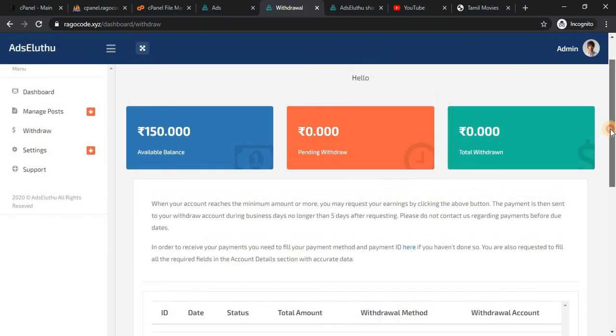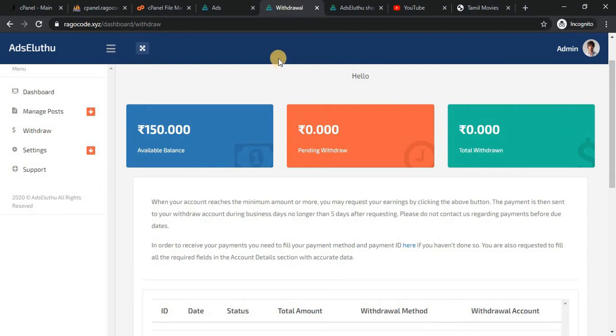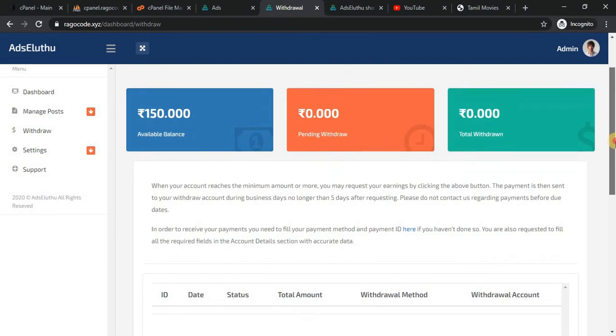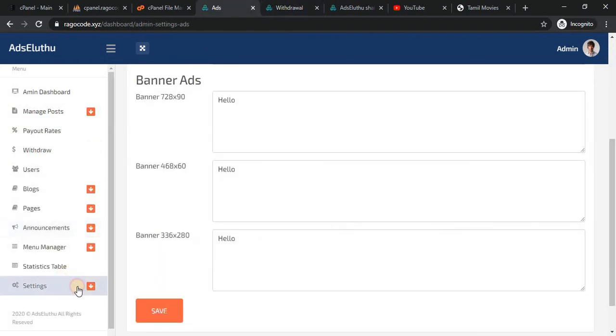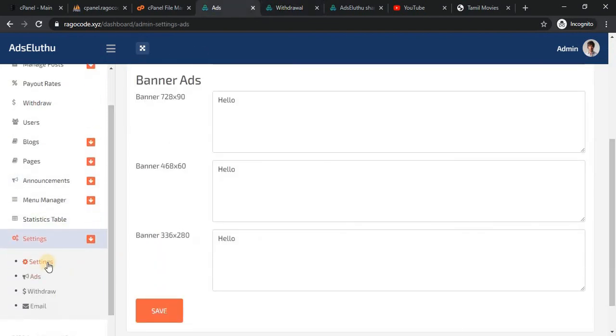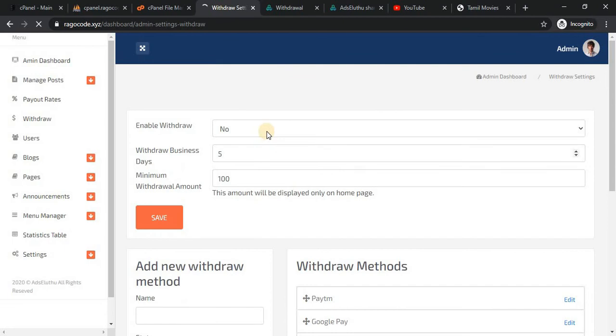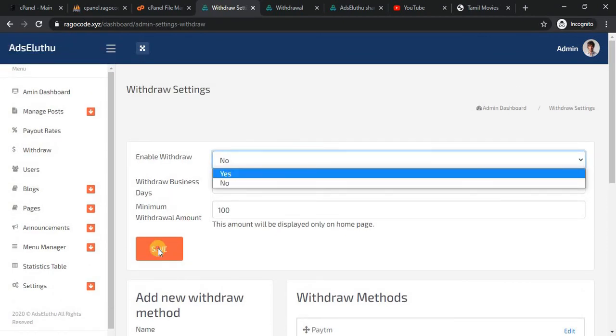The minimum balance for Paytm is 100, and I earned 150 rupees. So the withdrawal button is not here because we turned this off. So I just click the withdrawal folder and then enable it.